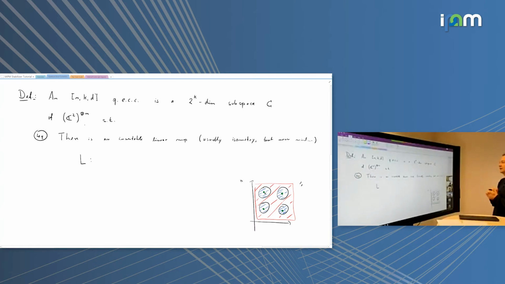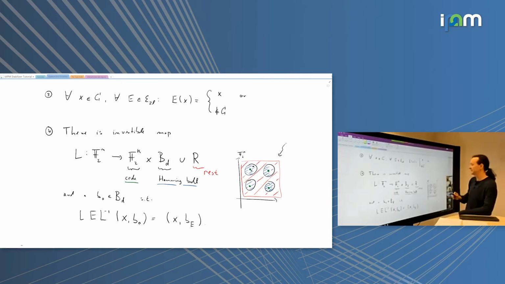Okay, so now I need to define what I mean that this is a good code that allows me to correct for local errors. And for this, I will write down a condition, if I switch back, that will generalize this complicated condition we have here. Unfortunately, that's the right way of expressing what a quantum code is. And I will give you the full definition so that you have seen it. But also, if you think it's a bit too much, I will give you a simpler necessary condition for a quantum code, and you will not lose too much if you fail to understand what I do next, but only understand the simplified condition I'll give later.